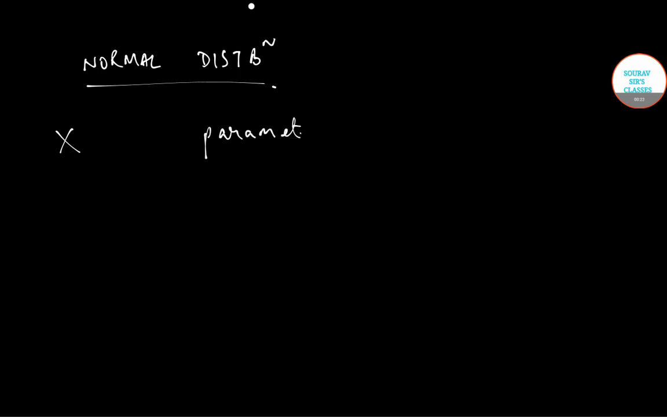Today we would be learning about the normal distribution. A random variable x is said to have a normal distribution with parameters mu and sigma square if its PDF is given as